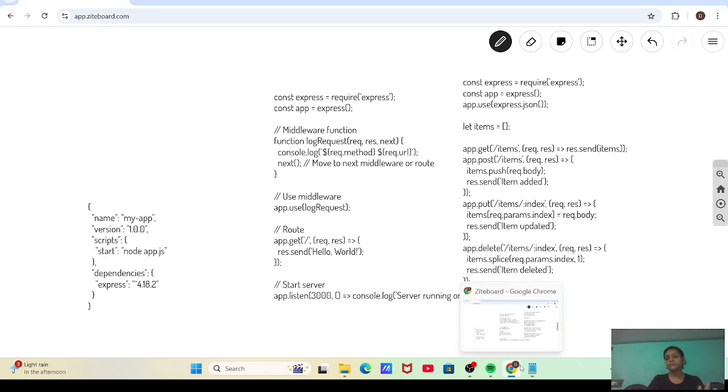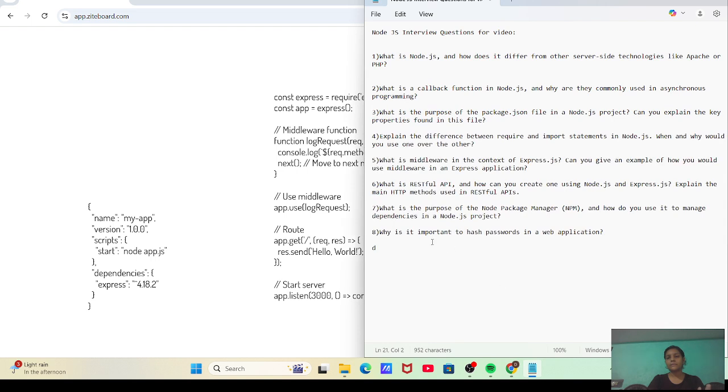Then next question is, what is a RESTful API? How do you create one using Node.js and Express.js? Explain the main HTTP methods used in RESTful URLs. A RESTful API is a way to let different apps talk to each other.